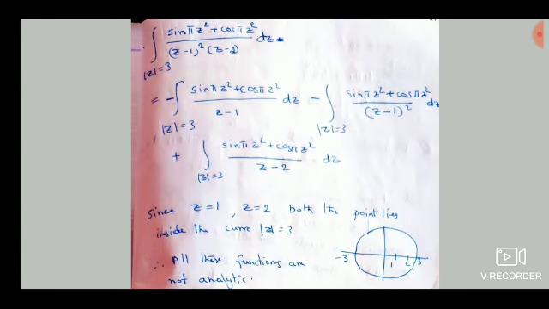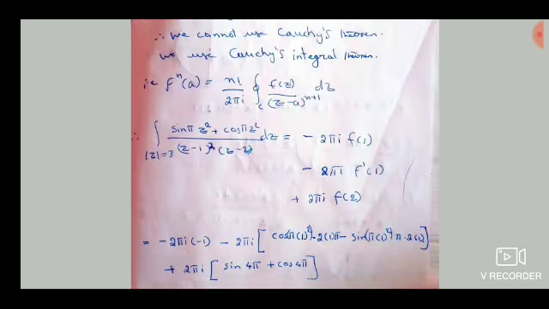So how to find the last term? Here a is 2, and substitute 2 instead of z square, so sin pi 2 square, that is sin 4 pi. What is sin 4 pi? Sin 4 pi is 0, and z square, 2 square, that is 4, cos 4 pi. What is cos 4 pi? 4 pi is the same as cos 0, that is 1. Okay, I just wrote here sin 4 pi plus cos 4 pi into 2 pi i. That is by Cauchy's theorem, we need 2 pi i multiplied, right?